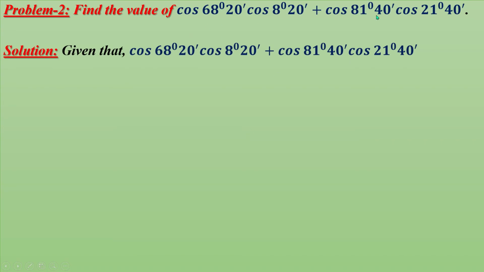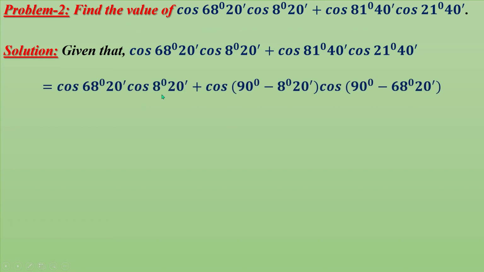Problem 2: find the value of this here. Cos 68 degree 20 minute cos 8 degree 20 minute, not 60. And here cos 81 degree 40 minute cos 21 degree 40 minute. And we know 1 degree is equal to 60 minute, and also 1 minute is equal to 60 second. We know this relation because in the first chapter, that means 6A, we have already explained the relation between degree and minute and second. So this is a given condition,